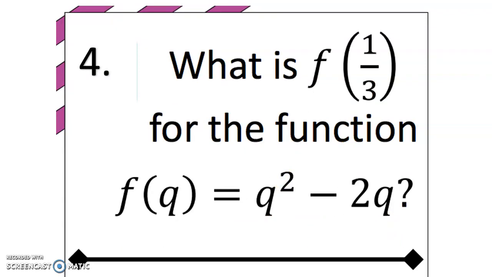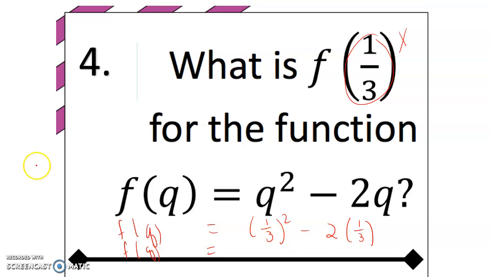Number 4. Again, calculator would be helpful for this one for typing in a fraction. What is f of 1/3 for the function? So again, my input, so I'm going to say f of q equals, and then as soon as I hit the q here, I'm going to put in 1/3 squared minus 2 times 1/3. So I'm going to have f of q equals 1/3 squared means 1/3 times 1/3, which is 1/9,